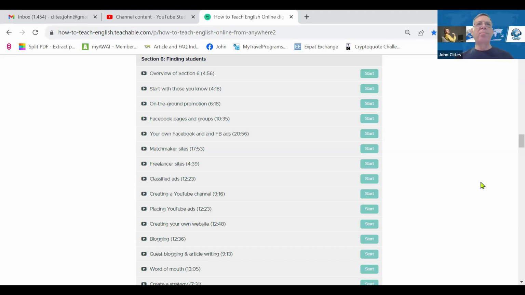These can be surprisingly effective. When I first started teaching English in Brazil, I was teaching through schools, but I quickly decided, no, no, no, no, I want to be independent. And how I found my own private students was to do just this. I created flyers and business cards, and I freely distributed those business cards.